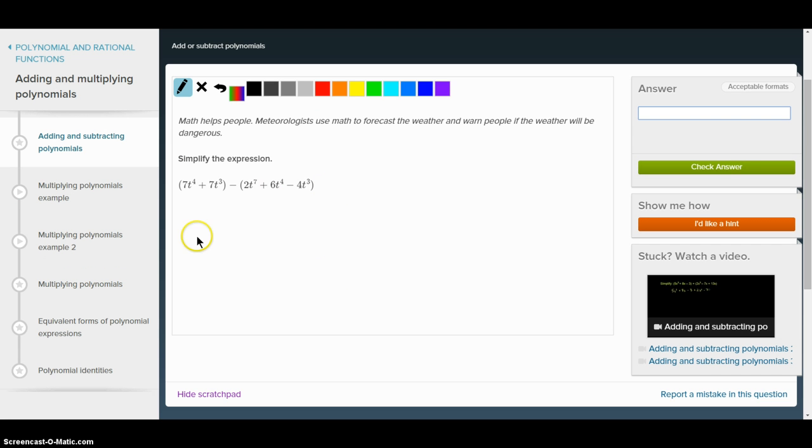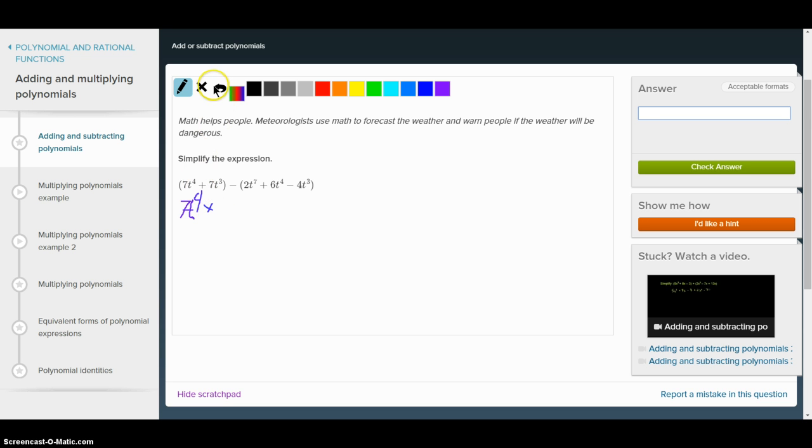So if we're going to simplify this, we're going to make sure that all of these exponents, let's say all the t to the fours, end up together, and all the t to the thirds end up together, and so on. So we're going to start with rewriting this. We're going to get rid of the parentheses, and we're going to distribute this negative sign throughout this part of the equation. So we're going to start with 7t to the fourth